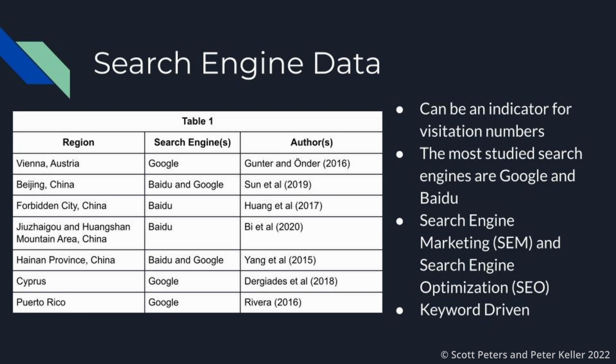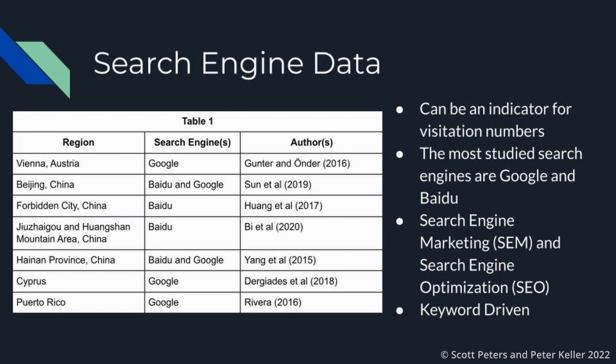Now, search engine data does look to be a strong indicator of visitation numbers, and this can be further refined by combining them with other data and machine learning, including data streams like regional weather data, for example. The main engines that have been studied have been Google and Baidu, with the accompanying services of Google Trends and Baidu Index as key data sources. These have been able to be utilized to adjust pricing for variations in demand, to manage different staffing levels, and to more generally anticipate and address periods of unusually high or low visitation to a particular area.